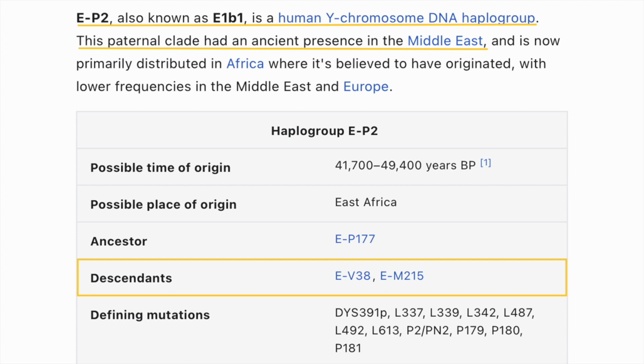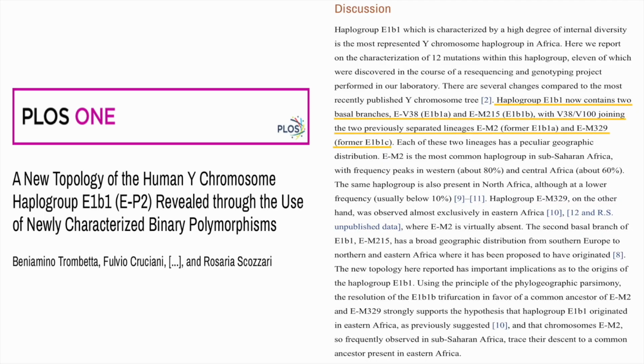Descendants E-V38 and E-M215, according to the paper titled A New Topology of the Human Y-Chromosome Haplogroup E1b1 E-P2, revealed through the use of newly characterized binary polymorphisms, and it reads, Haplogroup E1b1 now contains two basal branches, E-V38 E1b1a and E-M215 E1b1b,